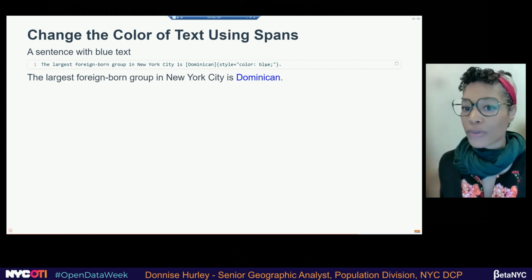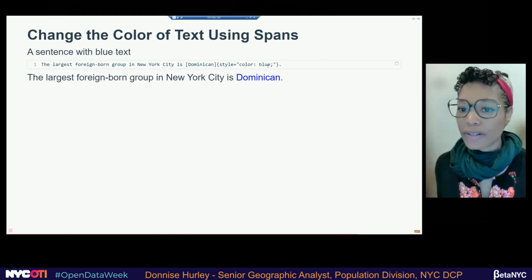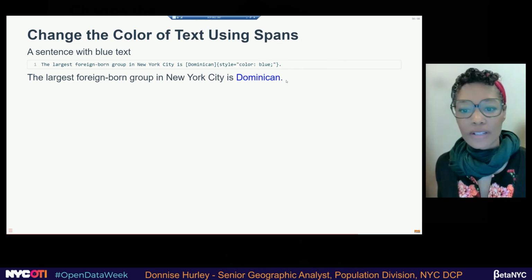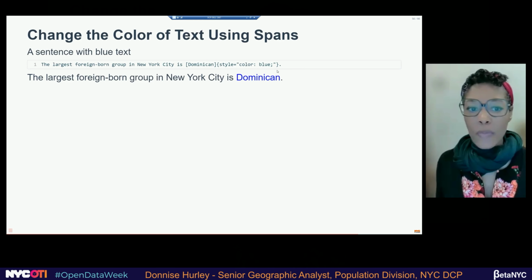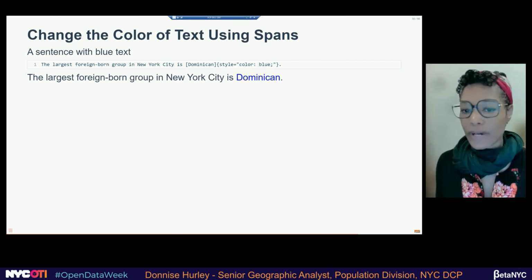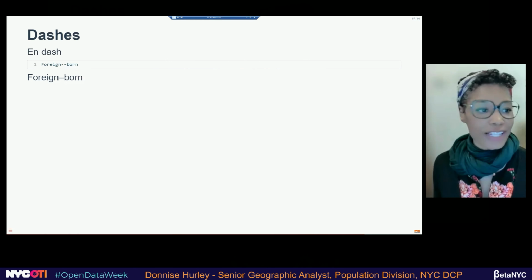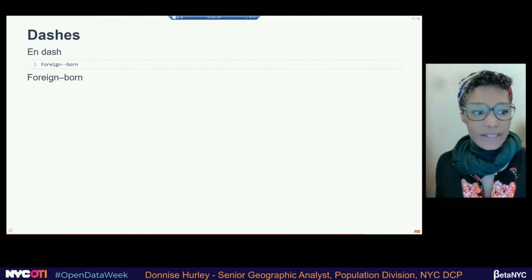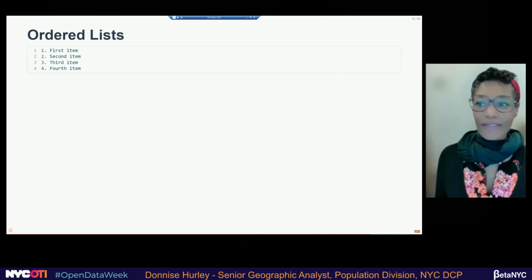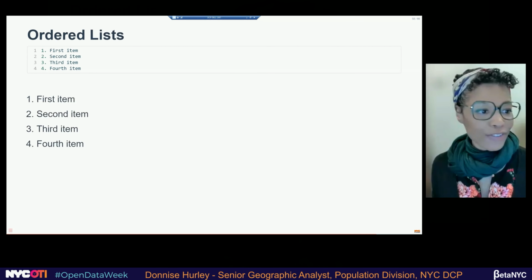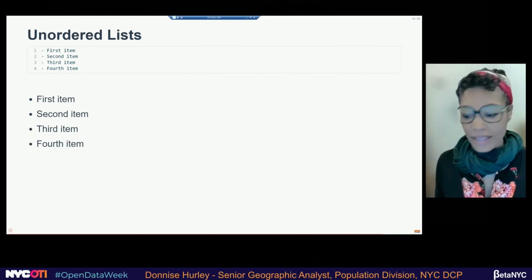You can also, instead of writing blue, use a hex color to change it. So remember, spans are just for one or two elements in your document. And adding dashes is really easy. So double dash for an en dash and 3 dashes for an em dash. Lists, very simple, 1, 2, 3, 4. And you can have an ordered list by using the